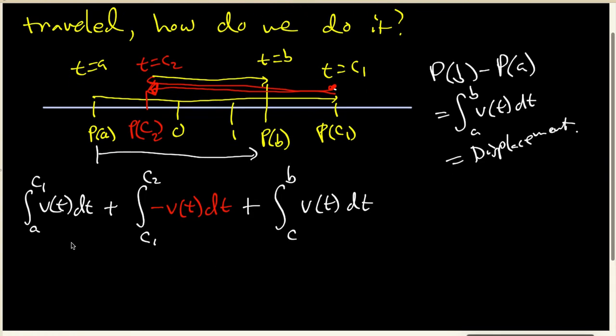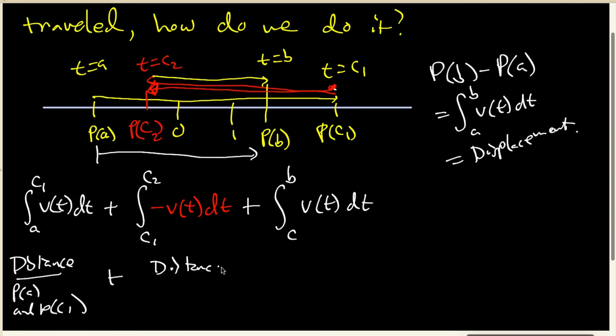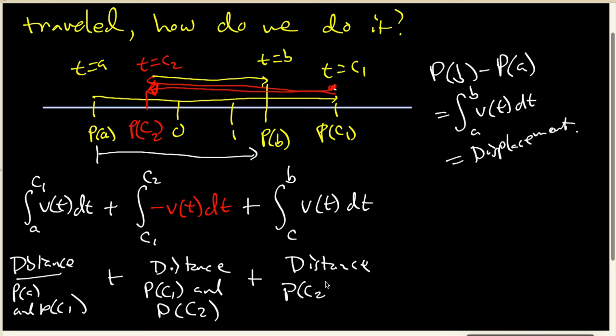And when I think about writing the integral these ways, this is going to give me the actual distance between P of A and P of C1. Then I want to look at the distance between P of C1 and P of C2. And finally, I add the distance between P of C2 and P of B. And when I do this, taking into account every time I turn around, we are clearly going to get the